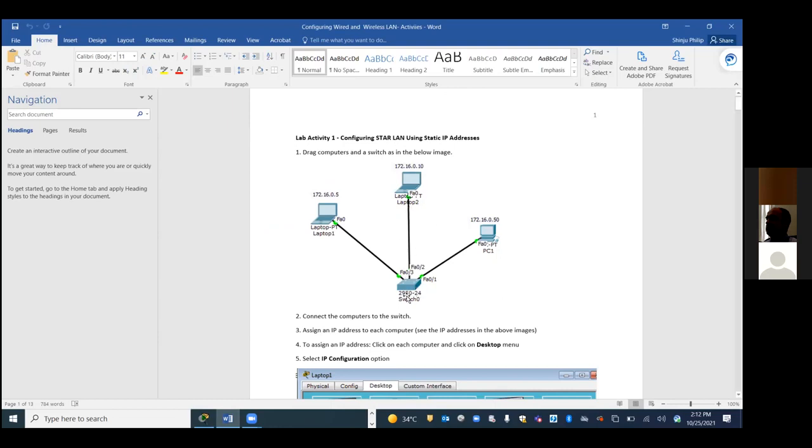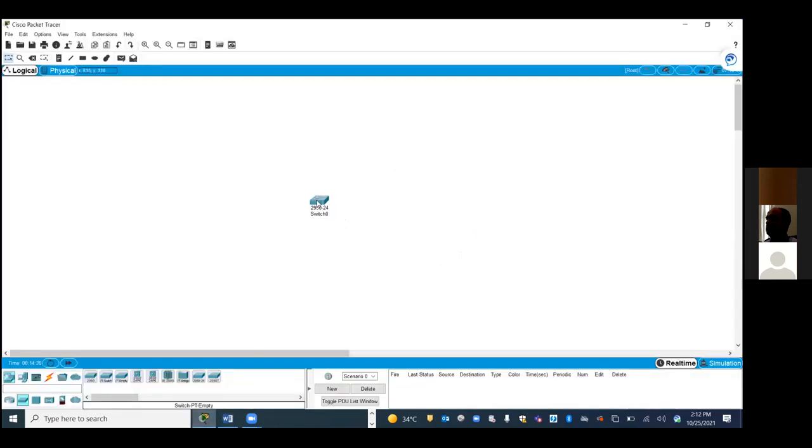So let's have a switch which is connected to laptops and PCs. 2950-24. Then let's connect PCs, laptops.